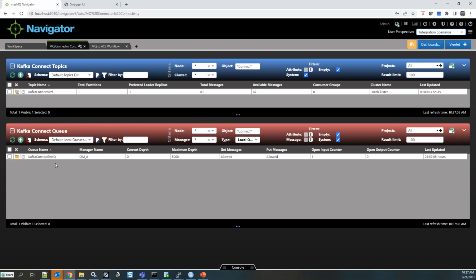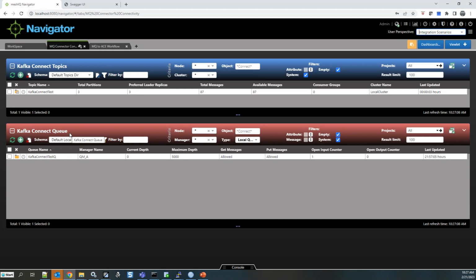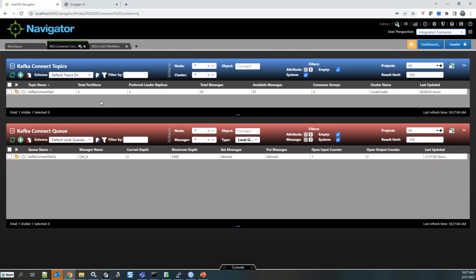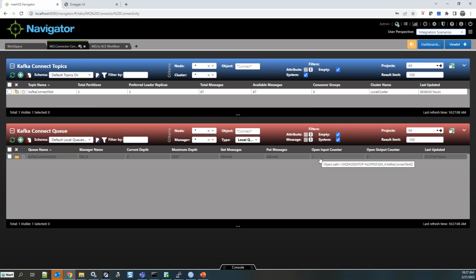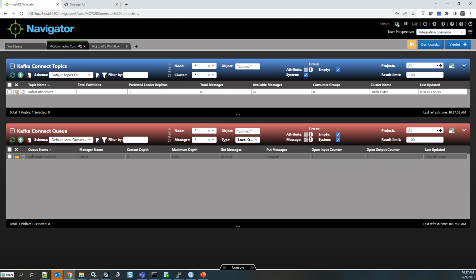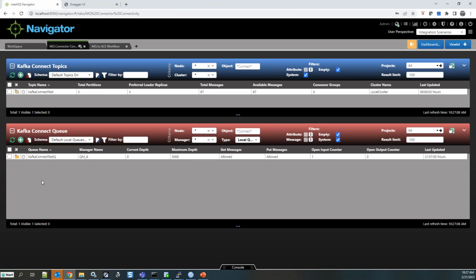And what we've got here is a queue in MQ that is configured with Kafka Connect to push data into Kafka. And I'm actually showing both sides of that integration in this view, right? And you can actually see here that the Kafka Connect client is running because there is an open input count. If I were to drill into that, you'll actually see that in fact it is Kafka Connect running down here. So I can see that is running. So that side of the equation is working.